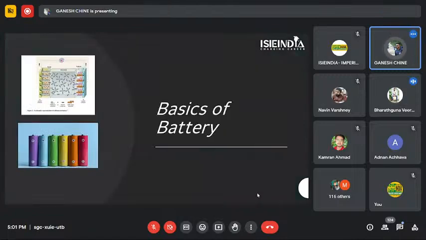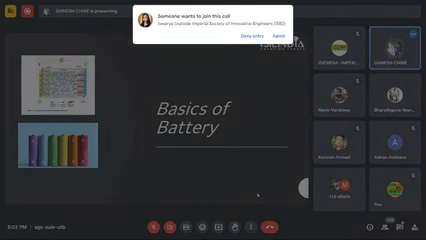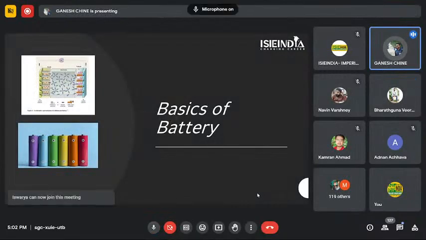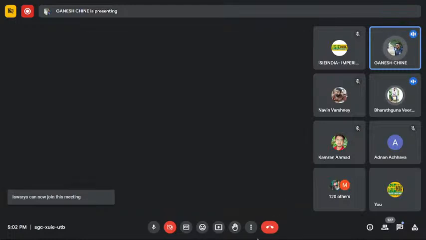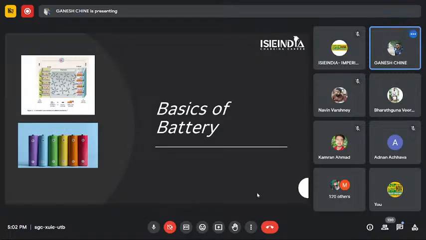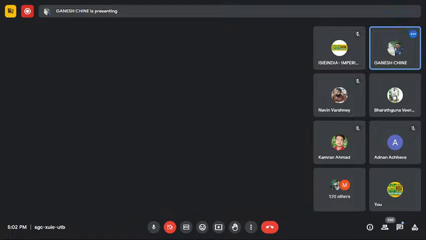Basics of battery pack. We use the battery as an energy storage device. Suppose we require energy from one form to another form, chemical energy is converted into electrical energy with the help of a battery. So we briefly review some of the energy storage devices and their benefits and challenges, and there are many different types of chemistries and form factors of batteries. Firstly, we go with